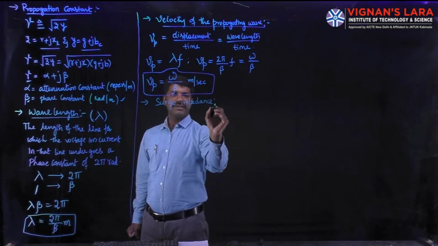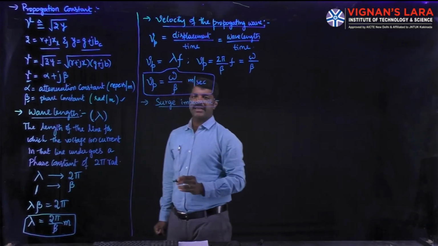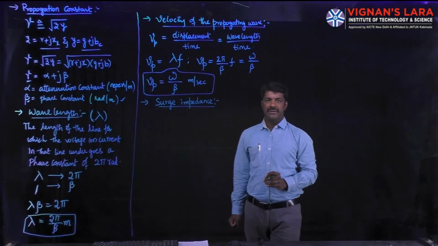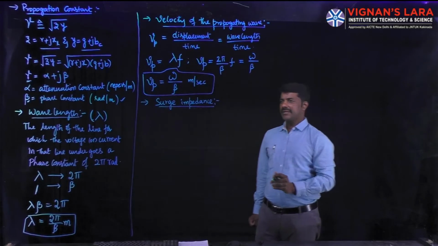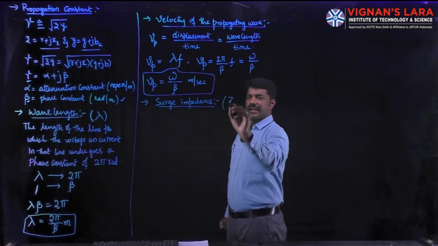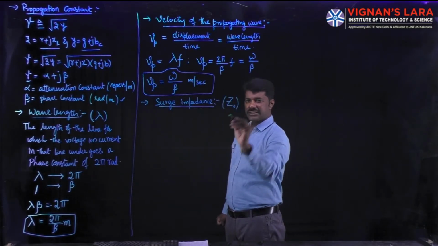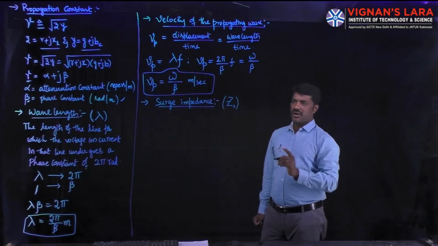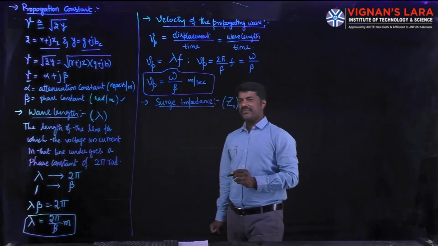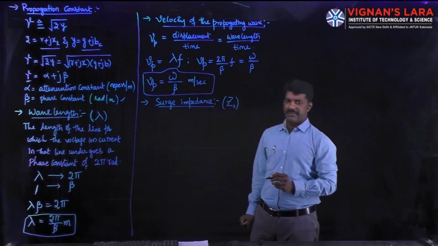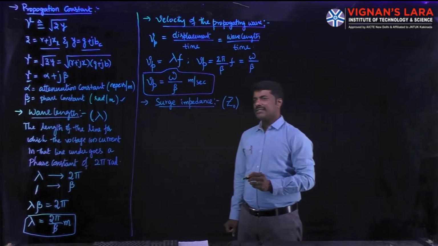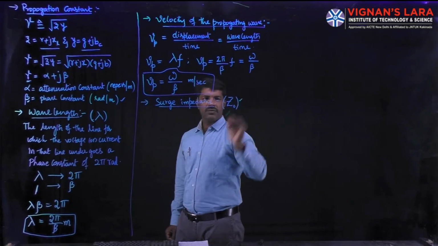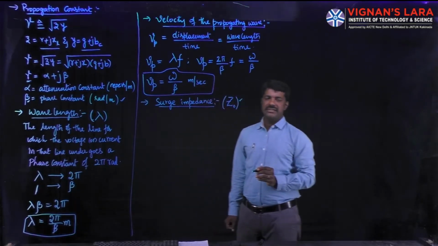Following surge impedance, we are going to discuss surge impedance loading, SIL, which gives the entire analysis of the transmission line. Okay, then what is this surge impedance? The surge impedance is represented with letter capital Z with suffix naught, Z naught or ZC. Characteristic impedance is also called surge impedance. Then what is the difference between characteristic impedance and surge impedance? Let us see. So here this is a surge impedance. In general, how to identify this surge impedance and what is the significance of this surge impedance in the transmission line?